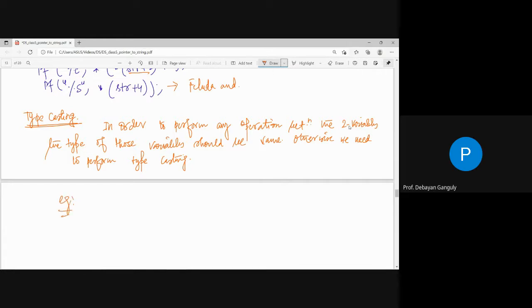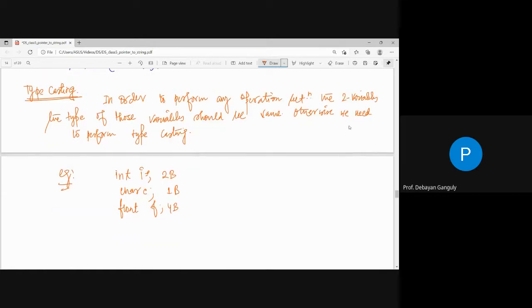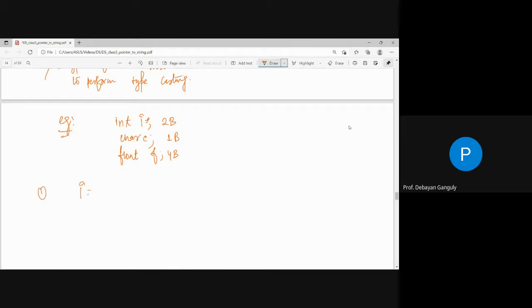তার কারণ কি? ধরো আমরা জানি ইন্টিজার I that will take 2 byte, আমি ধরে নিচ্ছি, and character C say that will take 1 byte, and float F that will take 4 byte. সো ধরো I equals to C নিলাম, তার মানে আমরা কি করছি? এই 2 বাইট লোকেশন ইন্টিজারের, 1 বাইট লোকেশন ক্যারেক্টারের, এই 1 বাইটটাকে অ্যাসাইন করছি 2 বাইটে, তাতে কিন্তু কোনো অসুবিধা নেই এবং এটা ইন্টারনালি হয়ে যায়। তার মানে I equals to C আমরা লিখতে পারি, এবং এখানে যে ক্যারেক্টার আর ইন্টিজার নিজেদের মধ্যে টাইপ কাস্টিং করছে, এটাকে বলা হয় ইমপ্লিসিট টাইপ কাস্টিং, দ্যাট ইজ কল্ড ইমপ্লিসিট টাইপ কাস্টিং, অথবা এটাকে বলা হয় কোর্সিয়ান,